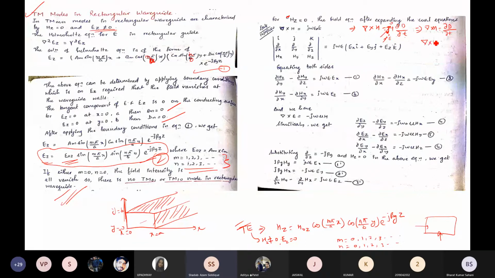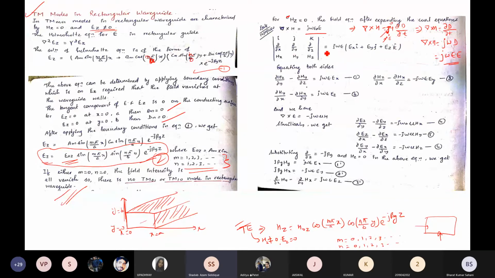And if you take it in the frequency domain, you will get curl H is equal to j omega D, and D is equal to epsilon E. You can write j omega epsilon E. So curl H is equal to this one. If you take the curl H values, you will get i j k, and curl can be written as del by del x into i cap, del by del y into j cap, del by del z into k cap. Similarly, H can be written as Hx i cap, Hy j cap, Hz k cap. So you write it in a matrix form. Now j omega epsilon E can be written as Ex i, Ey j, Ez k.